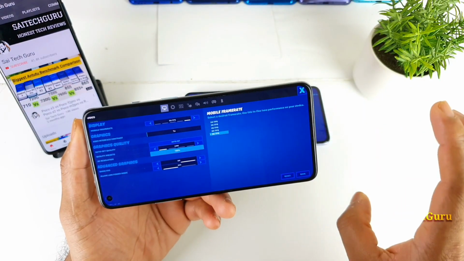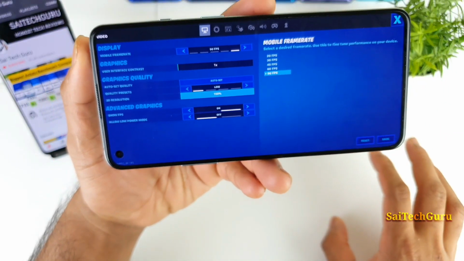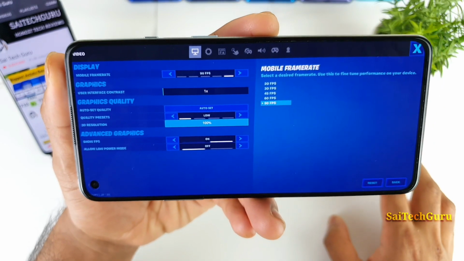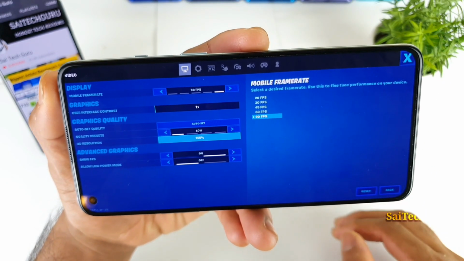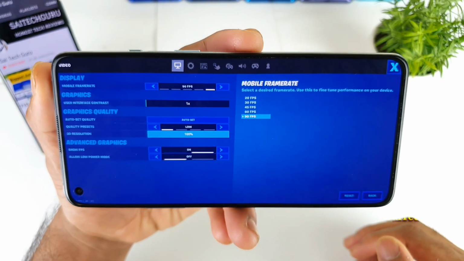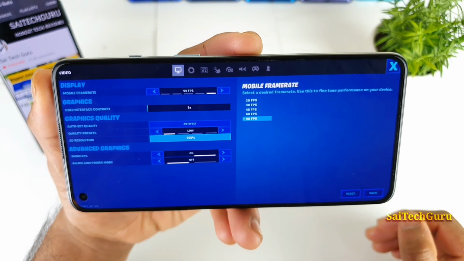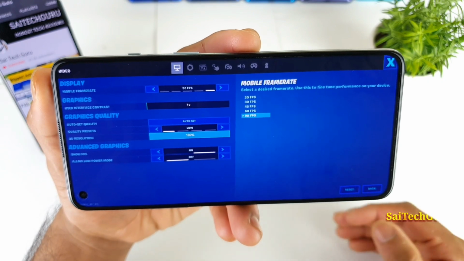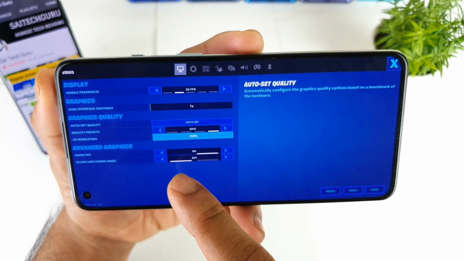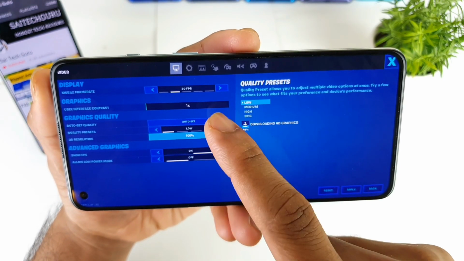Let me go to the settings and quickly show you what FPS is available. As you can clearly see, friends, there are different FPS options you can select: 20 FPS, 30 FPS, 45, 60, 90. There are so many options available to select from.